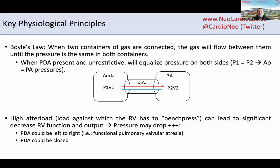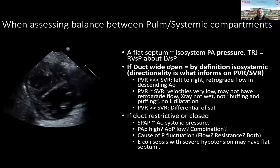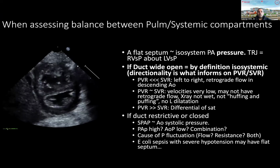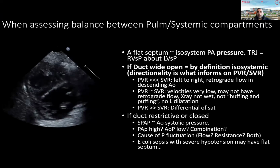The duct being open, what it will do is that it will offload this afterload. It will basically expose the right ventricle to the combined outflow tract resistance. And similarly, the aorta facing a huge duct will also be exposed to this combined vascular resistance. And so that's very important to remember when you have a post-tricuspid or at least a ductal shunt or things like a truncus